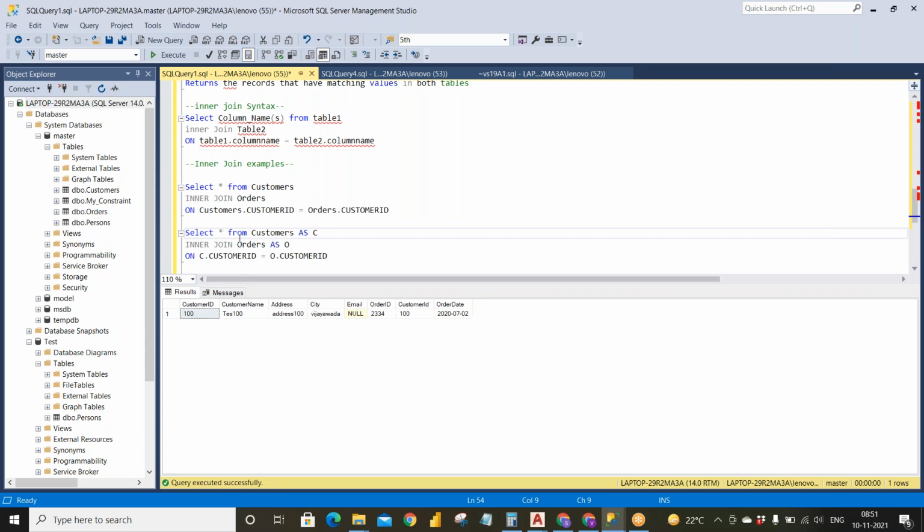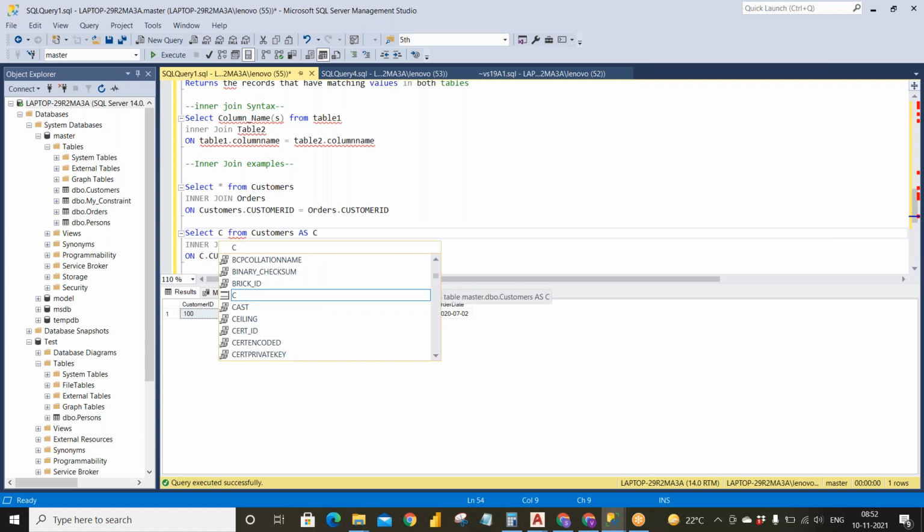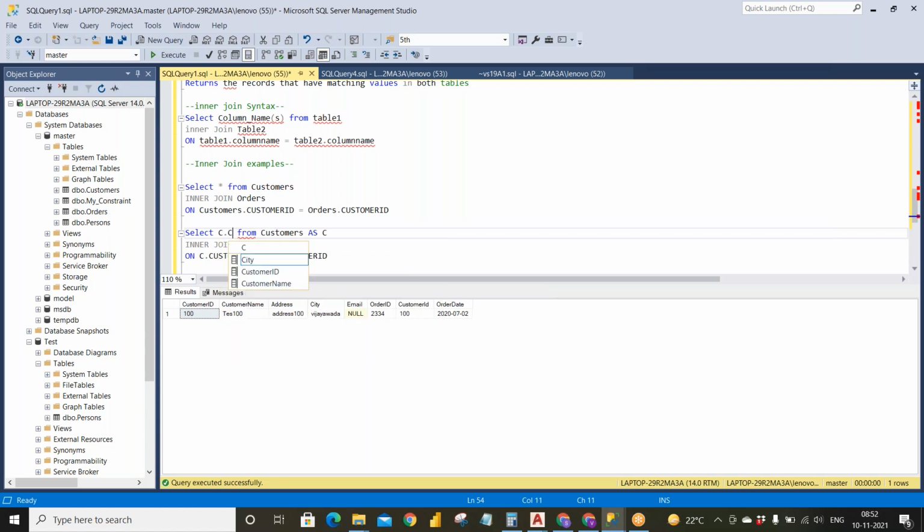It can be anything from the orders or the customers because both are same. And I want to get the customer name and I want to get the order date. So I will tell the SQL that I need a customer ID from the customers table, C dot customer ID, comma, I want the address from the customers table, because here if you don't give the C dot address also it will take.